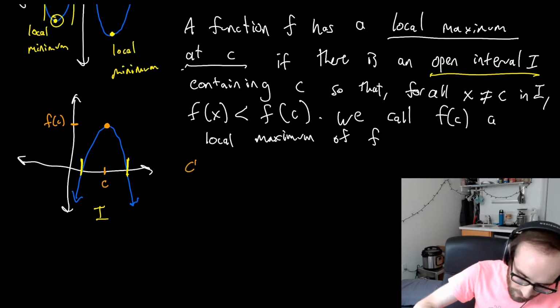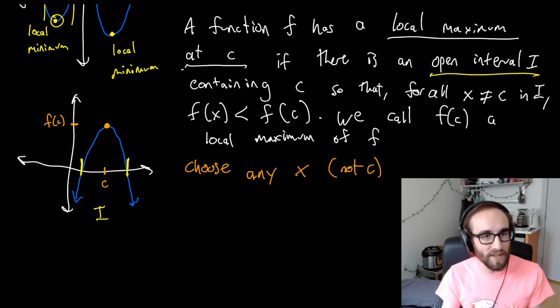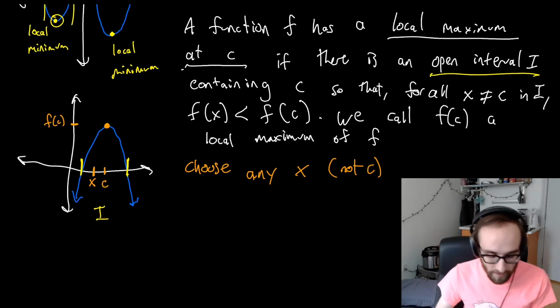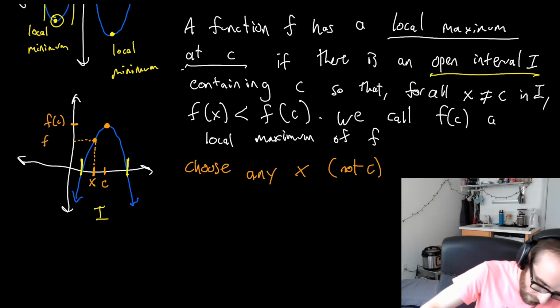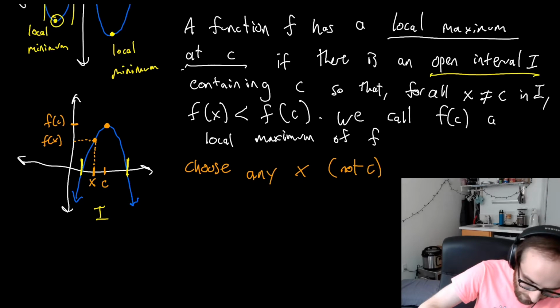if we choose any x, and we can't choose C, so any x other than C. For example, let's choose an x here, and this has to work for all of the x's in the interval. And we take a look at the output. So here we have an output for x, f of x. You'll notice that the output for x is lower than